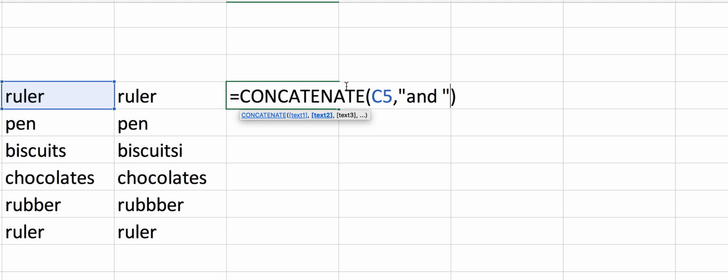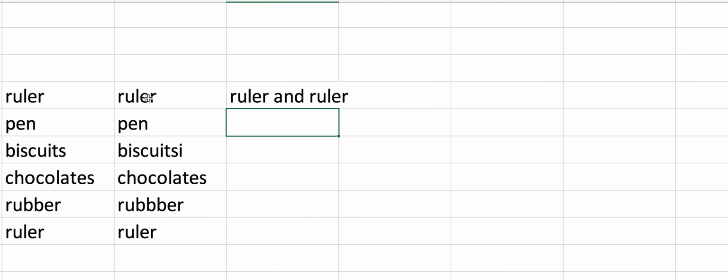sorry, and then the second one I need to select, then press comma, and press the second one and press enter. So you can have a look